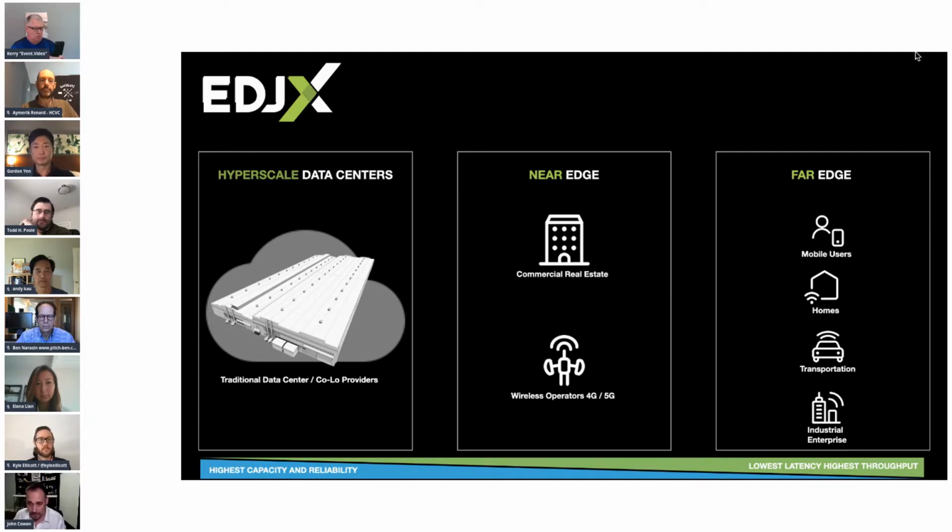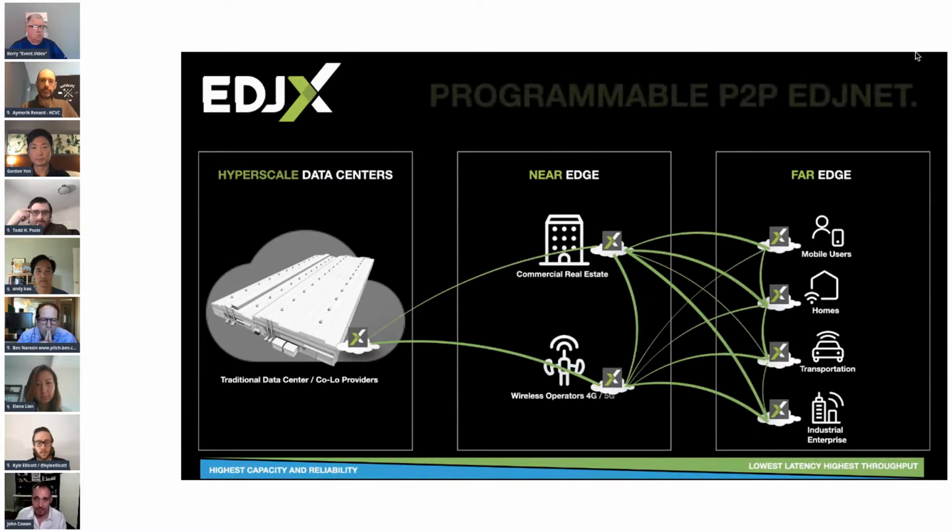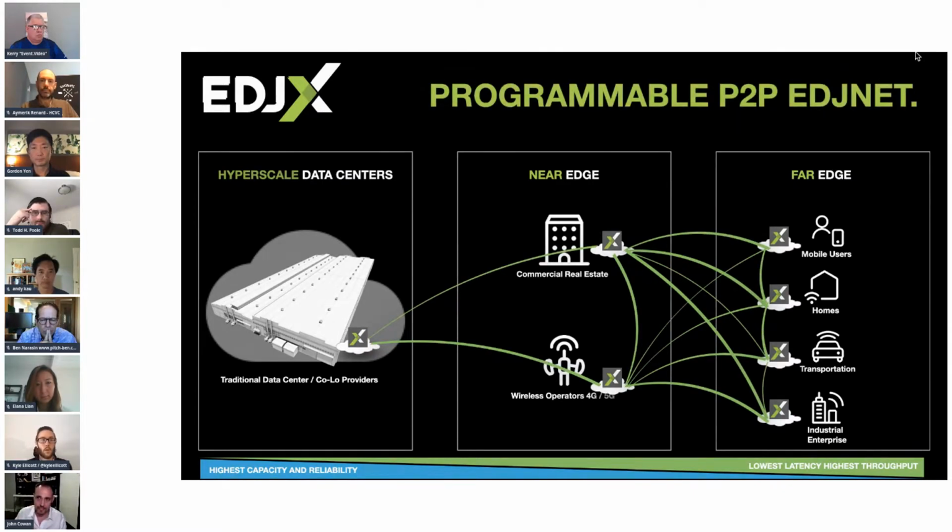You also might have heard a lot about industrial Internet of Things and how the Edge is really happening on the factory floor. The reality is that none of these discrete silos are expressly wrong or incorrect or inaccurate. They're all right. They're all correct. But the problem is that they operate in discrete silos. So what we did at EdgeX is we built a programmable peer-to-peer edge that we call EDJNET that stitches together all the heterogeneous compute sources that are at each individual layer of the network architecture.